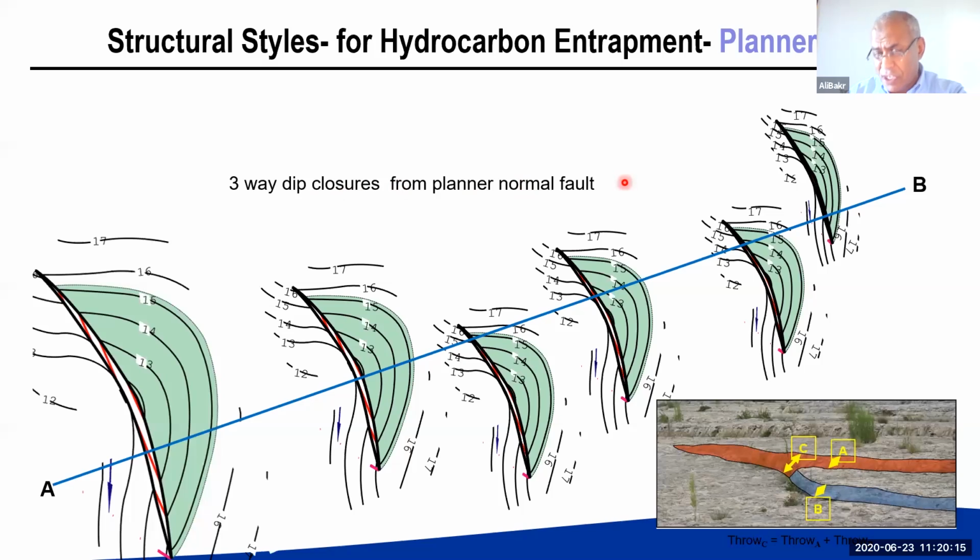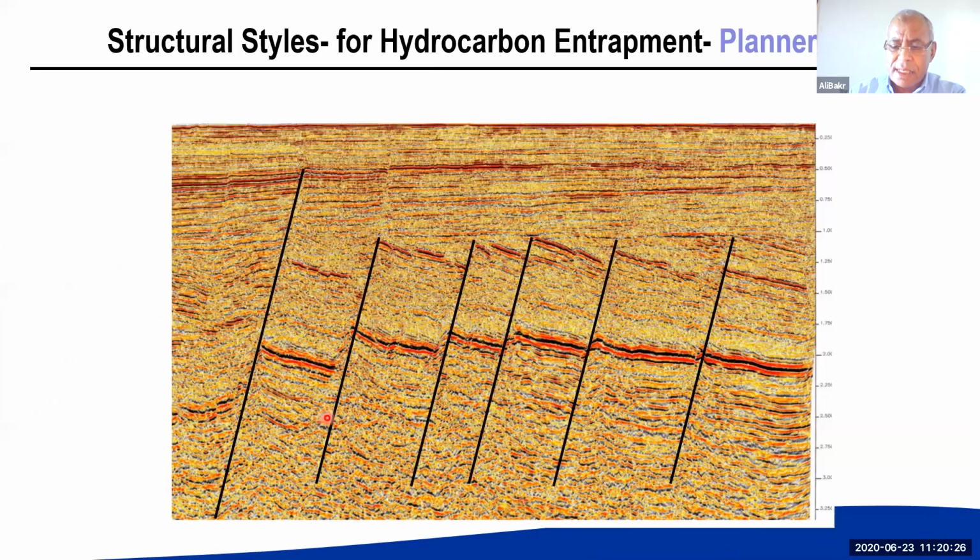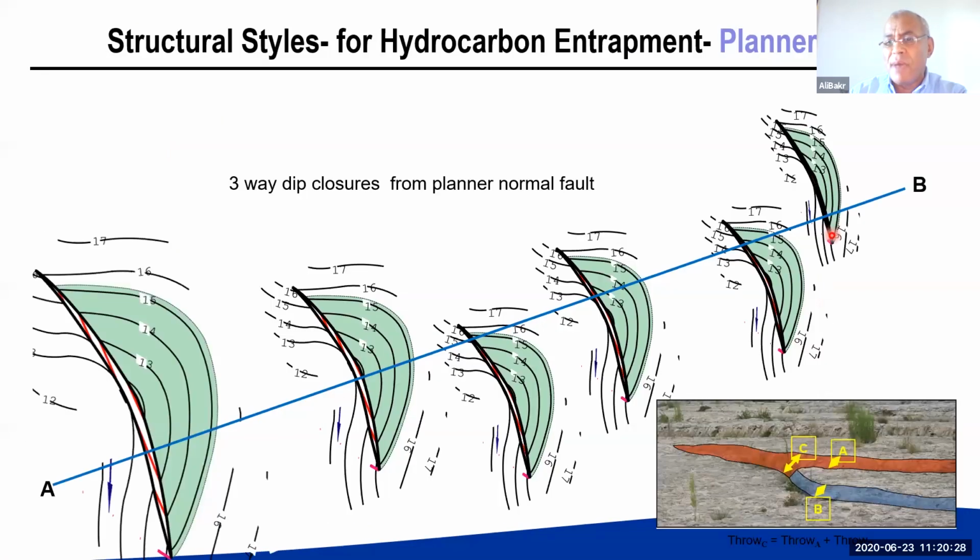So in the cross-section, it was a normal fault. It was a normal fault in the previous example. Let me go back to it. So it was a normal fault, more or less planar. And when we go to the map view, you will see the closures are more or less 3-way deep closures. And each of these 3-way deep closures will have its own oil-water contact,